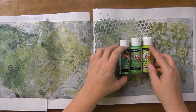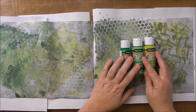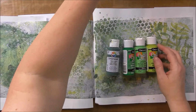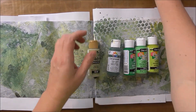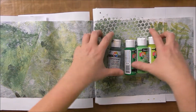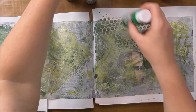I was able to find some more greens. I bought these Deco Arts over Memorial Day at Home Depot. They had a really good deal. So I pulled out basically all of my greens and sort of green yellows. And I'm just going to continue creating this background